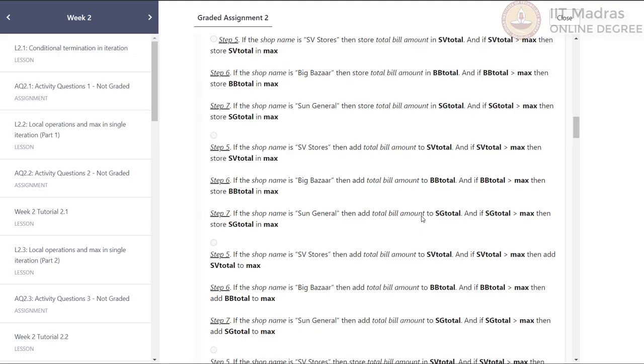Also, it is comparing the computed total revenue with variable max, and if it is greater than max, then storing the same in variable max. Similar computation and comparison is happening for Big Bazaar and Sun General in steps 6 and 7 respectively. Hence, the correct answer of this question is